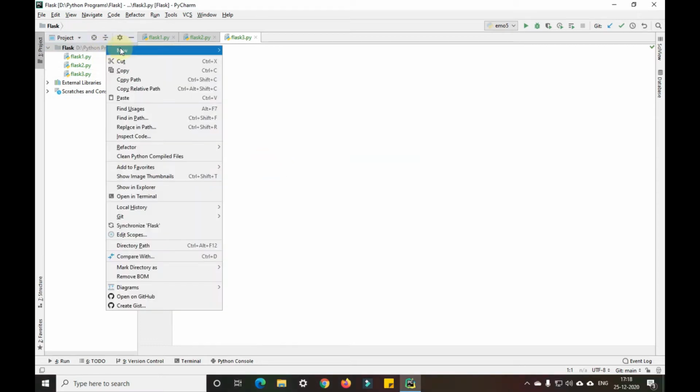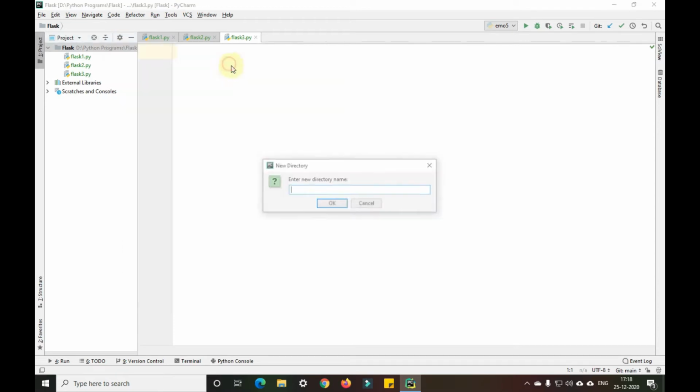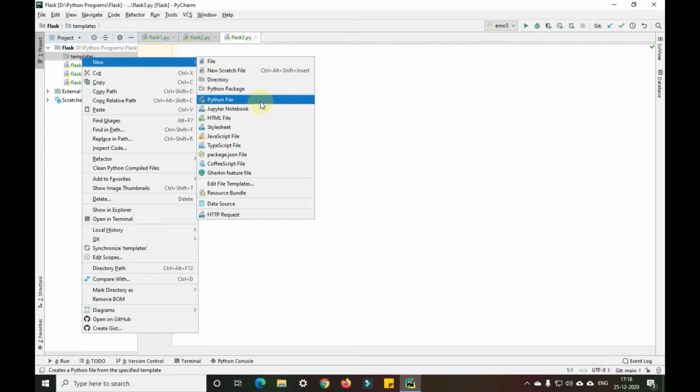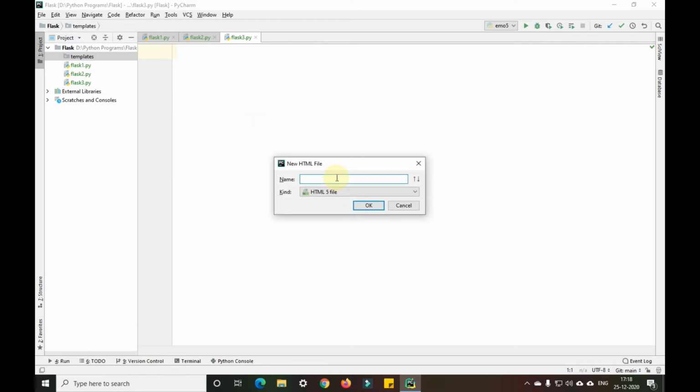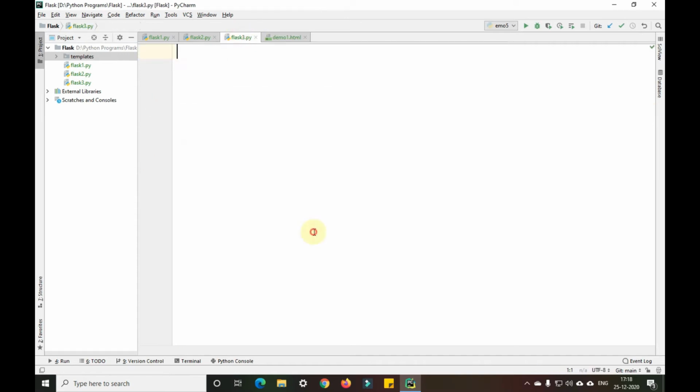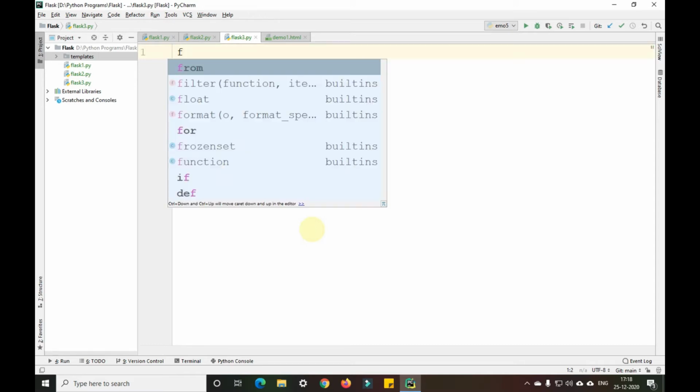I'll also create a new directory here called templates. And in this templates directory, I'll create a new HTML file called demo1. So the demo1 file is ready and the Flask3 file is ready. I'll first import Flask in this Python file.